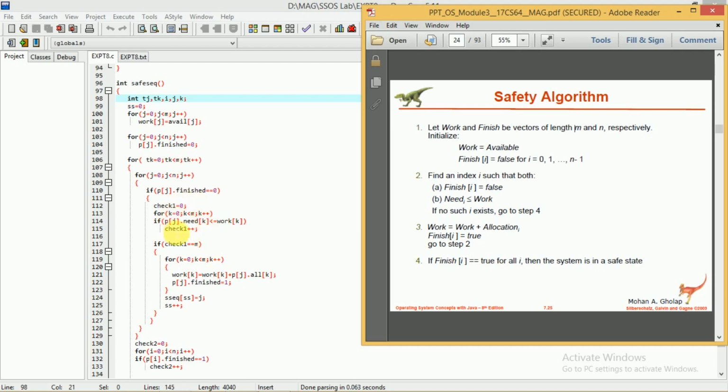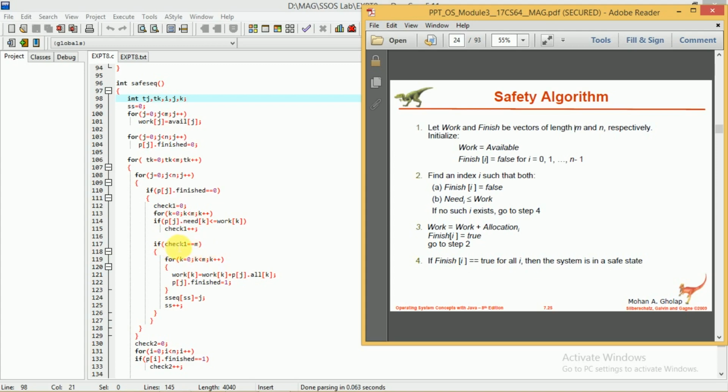After this, once the for loop is completed, we check the value of check1 here. If check1 is equal to m, where m indicates the number of resources, it means it is true for all the resources, because check1 is initialized to 0. So only if the condition is true for all the resources will check1 be equal to m.